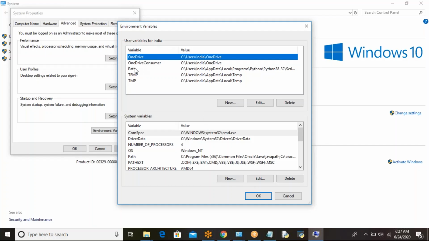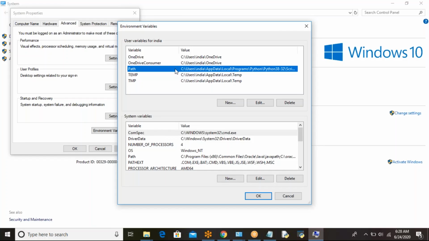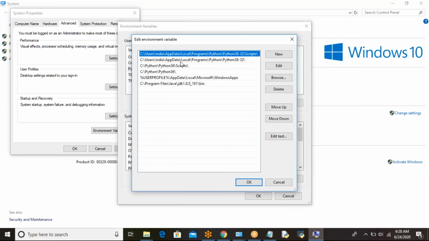In the user variables, you see this Path. Path is there now. See here, Python 3.8 you are seeing, right? Now you select it and click on Edit. See, Python is set here. Earlier I installed Python 3.6, that also was added here.